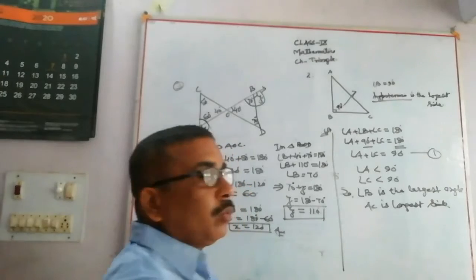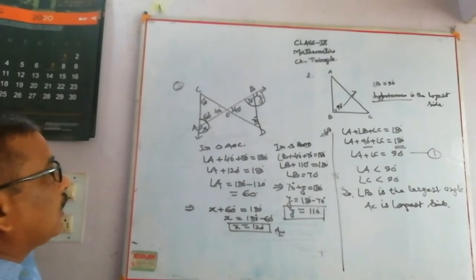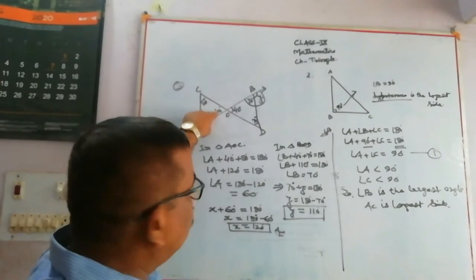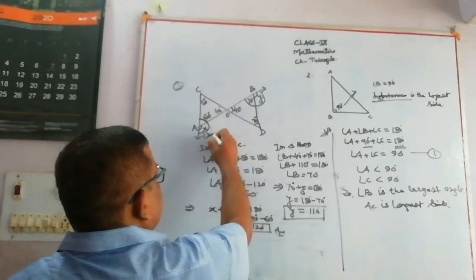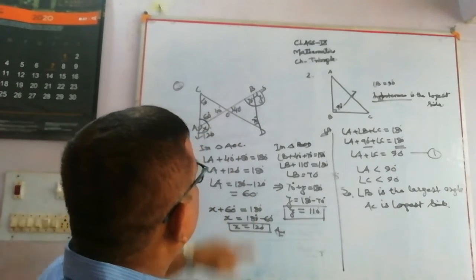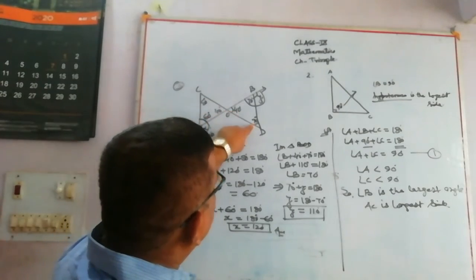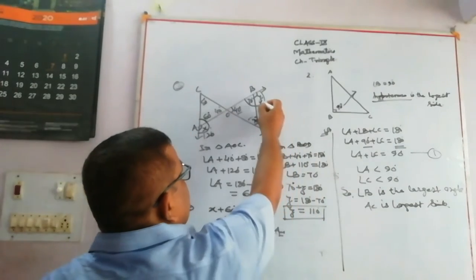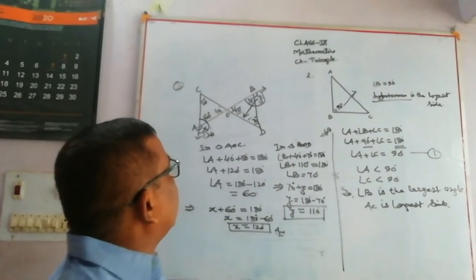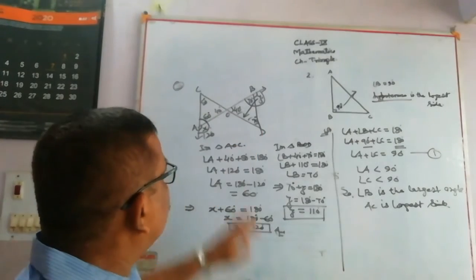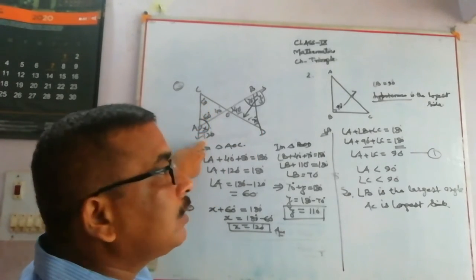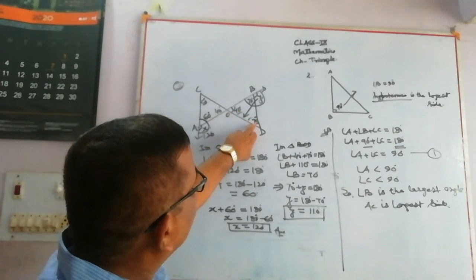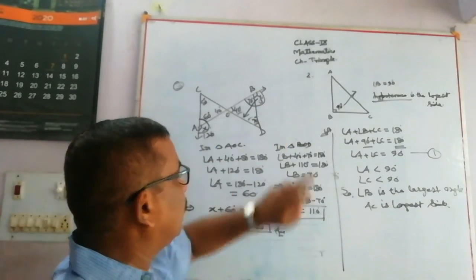Also, you can solve this question using the exterior angle property. You see, 80 plus 40 is equal to 120, so that angle is 120. Here is the exterior angle. If these sides are produced, 40 plus 70 is equal to 110 degree. That is the exterior angle property. Also, you find the value of x and y. It means you find the two angles and write them. Here 40 degree, there 40 degree, 70 degree is given. The 70 plus 40 is equal to 110. That is the exterior angle property.